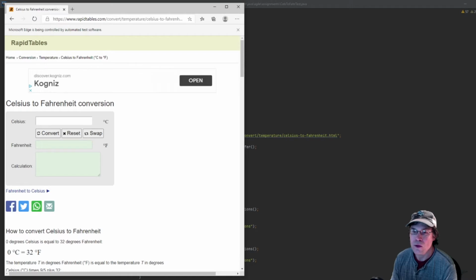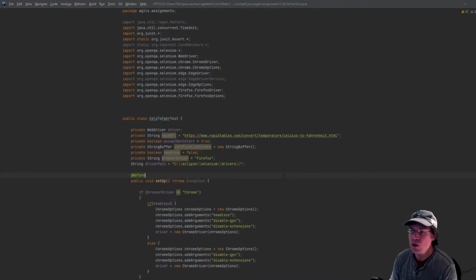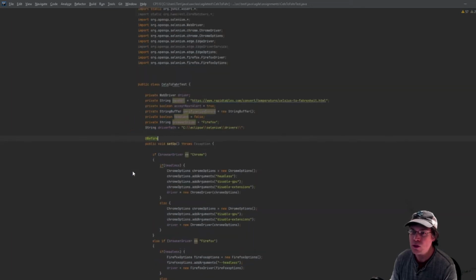And so, yeah, once I recorded it, like a basic test, I basically just did something like 0 just to make sure that returned 32. That's kind of the base case you would expect to work correctly, and that most people would know the point of freezing. And so I pasted the code in here,